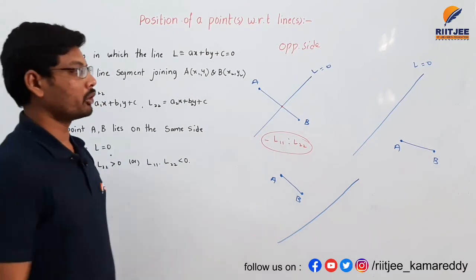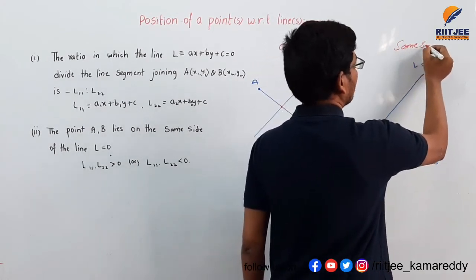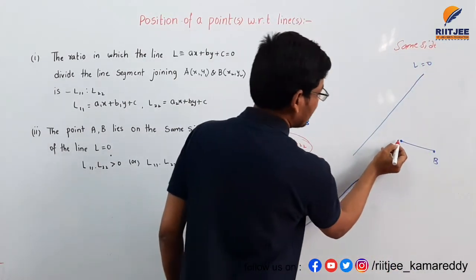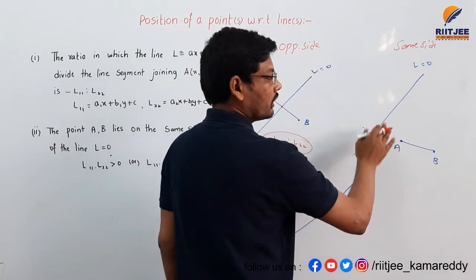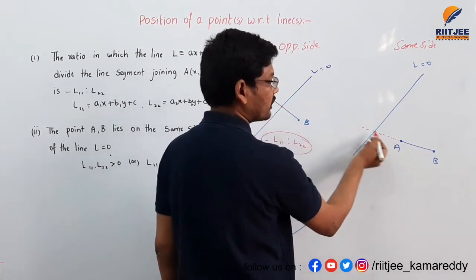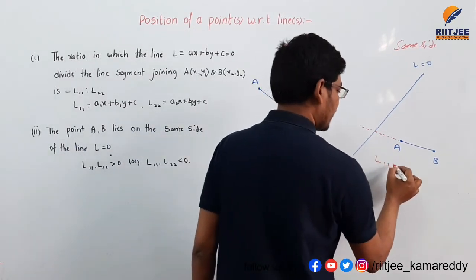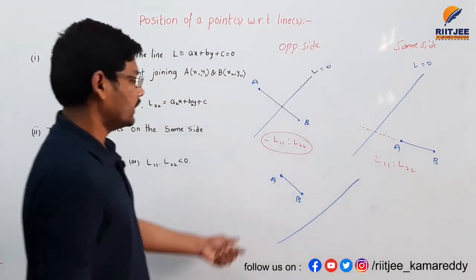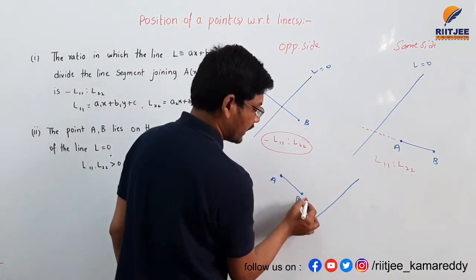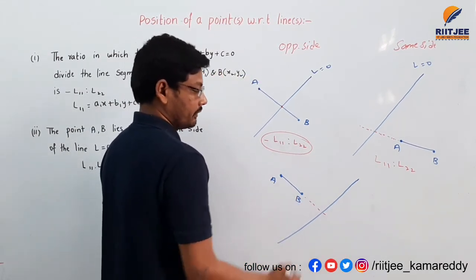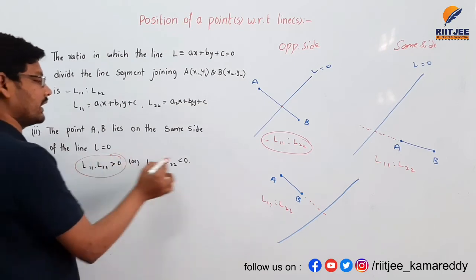We just proved this, and when two points are on the same side of a line, you have to extend the line through the points for it to intersect. Here the two points are on the right side of the straight line. If you extend the line, it will intersect, and that is the condition for L11 is to L22. And here also the two points are on the left side of the straight line. If you extend the line, it will intersect. So these two conditions are there.